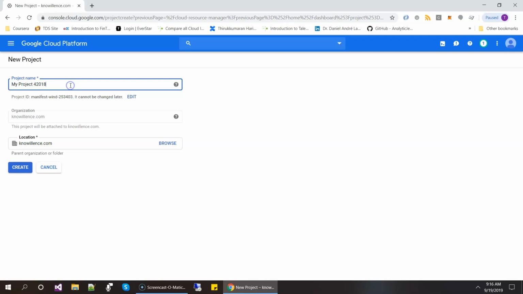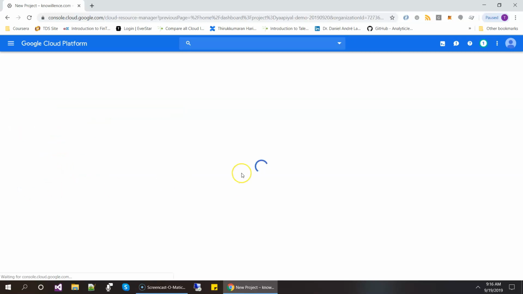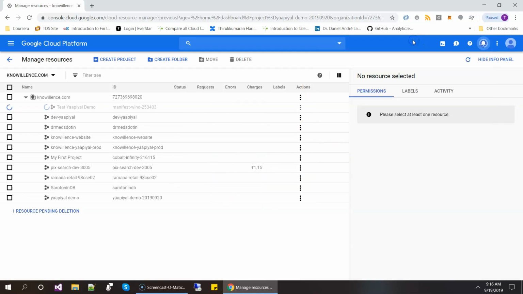Let's keep it the same. You can change the name, and if you want to change the ID as well, you can change it. I'll just say test demo, and I make sure it is under this organization, and I create it. So this is how you create a project. Let's wait a few seconds for it to get created. Okay, so this project is created,